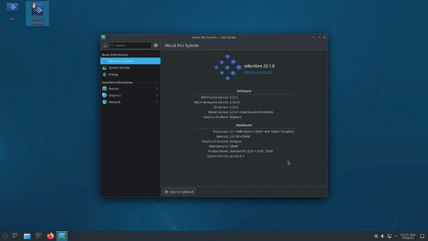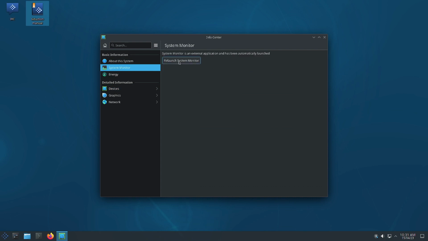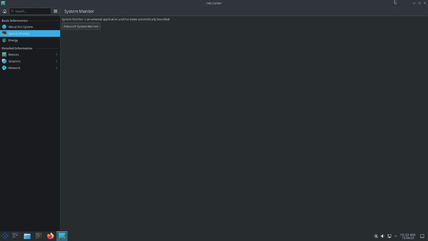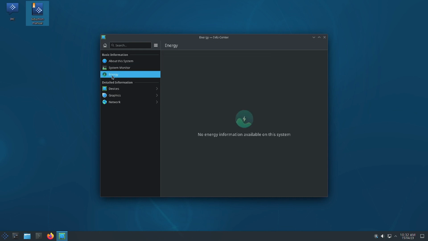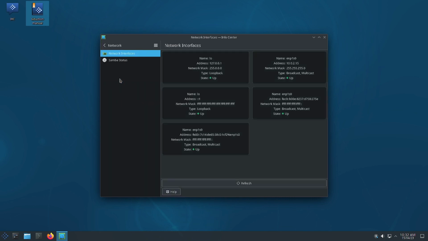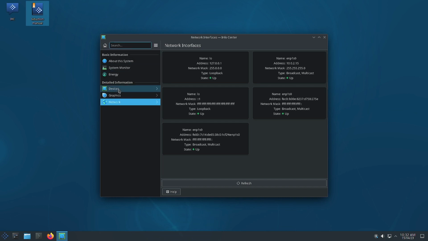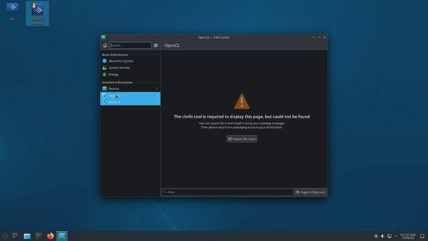And this is the hardware configuration of my system. You can see it here. You can launch the system monitor from here. It should open up the system monitor. Let us see if there is some energy information. No, it is not available. And this is the device information that will be available. Network, graphics, and devices. So these are the network interfaces that are available. This is the graphics